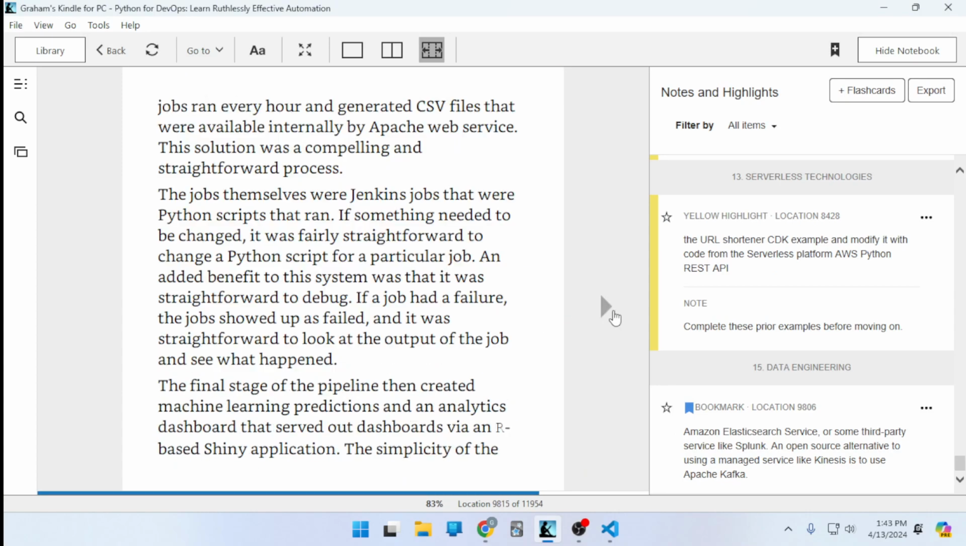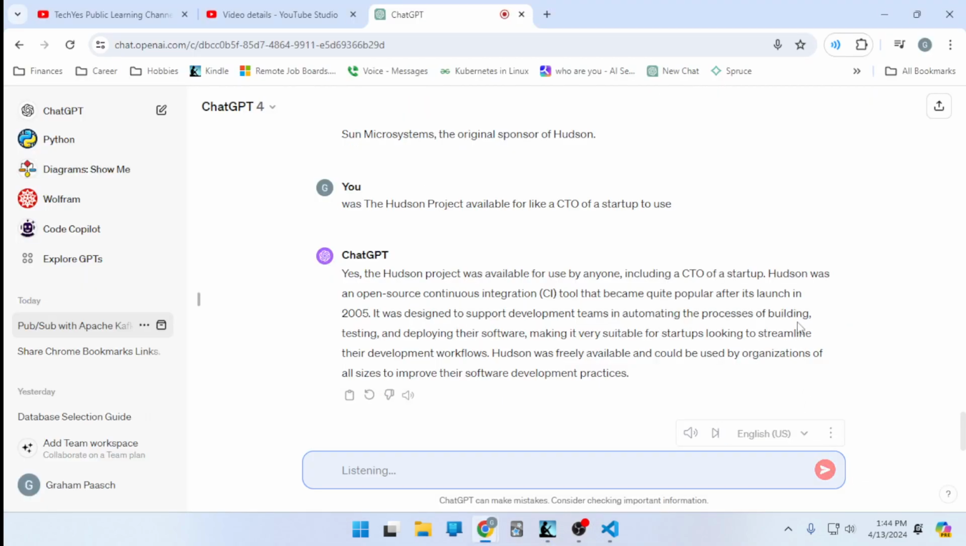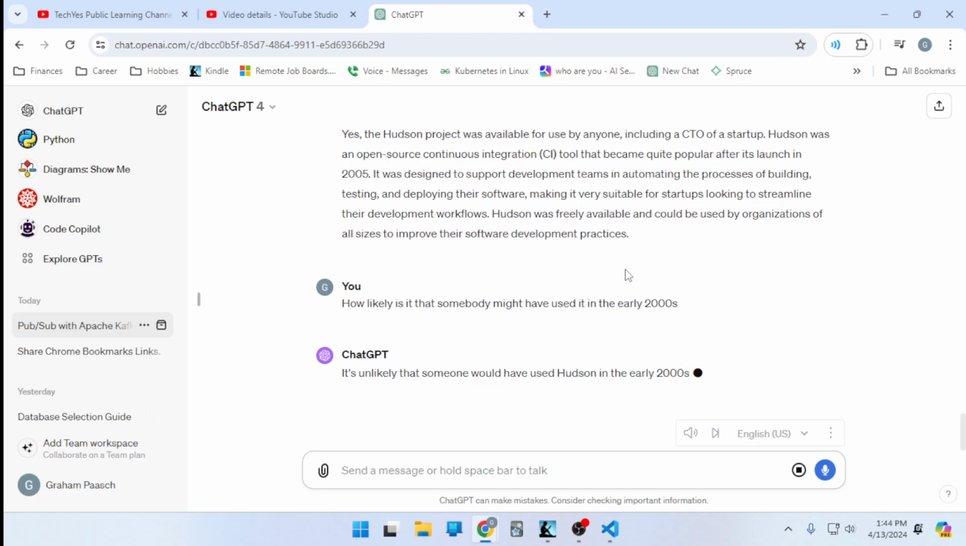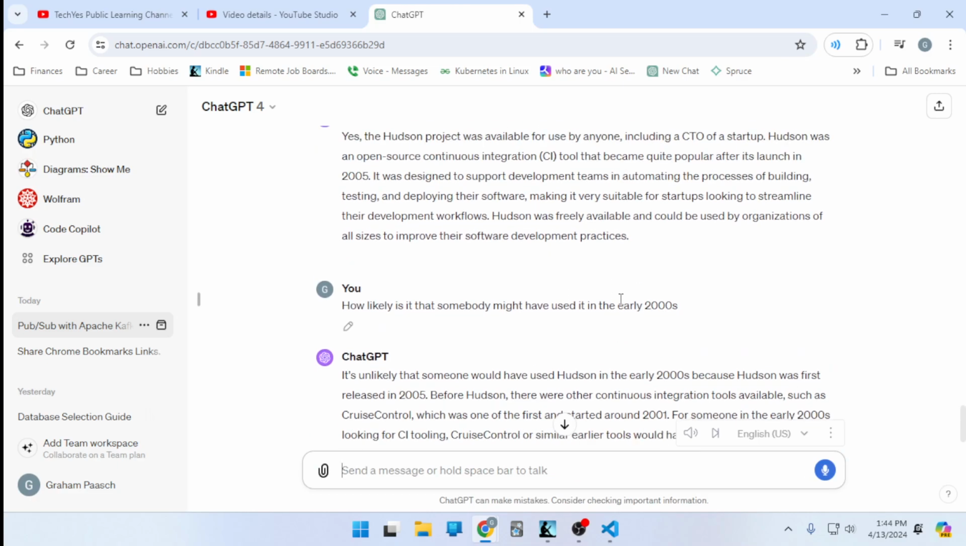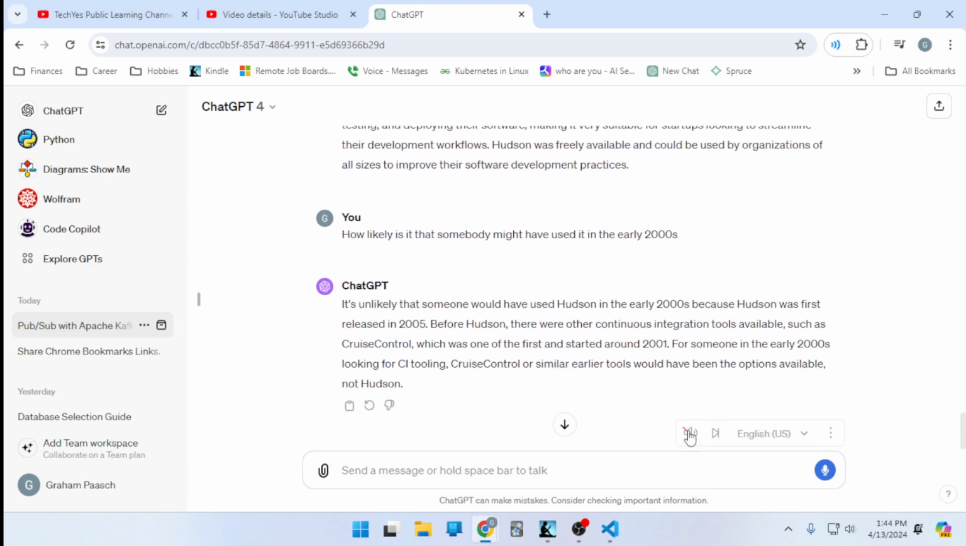In the early 2000s, how likely is it that somebody might have used it in the early 2000s? It's unlikely that someone would have used Hudson in the early 2000s because Hudson was first released in 2005. Right. Before Hudson, there were other continuous